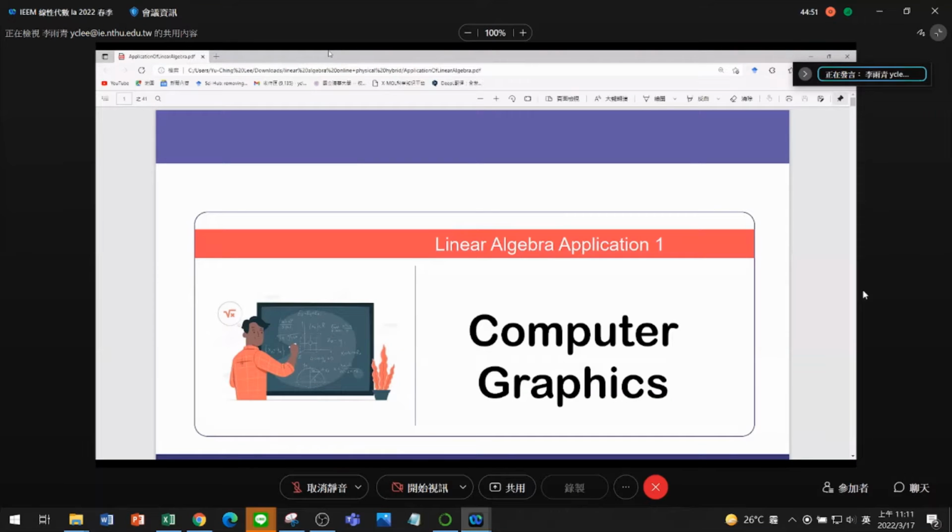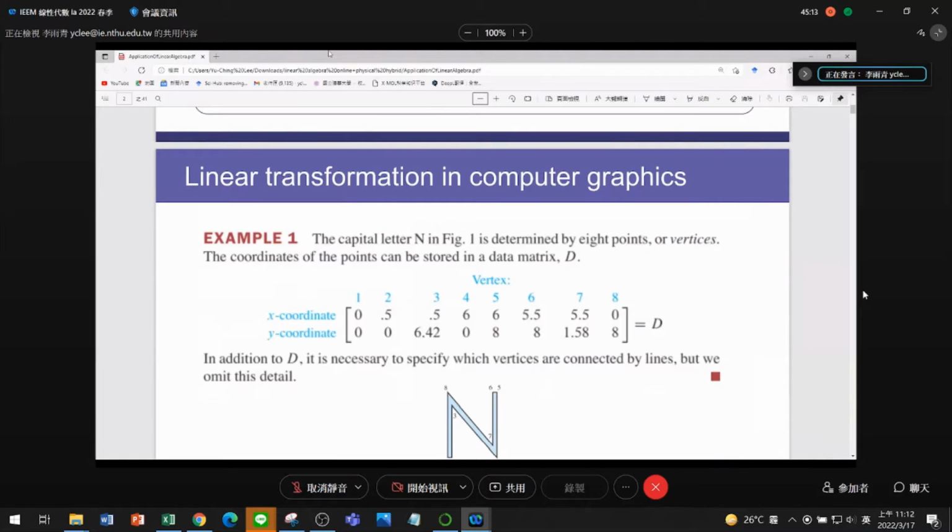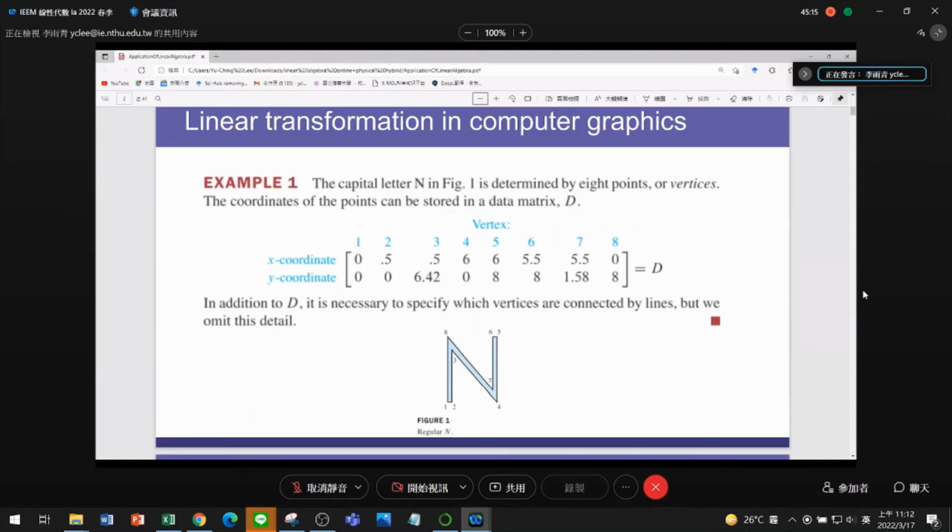那我们今天要讲一些跟线性代数有关的应用。那这个应用有分成几大类。首先，第一大类呢是所谓的 computer graphics. Today we're going to go over some application of linear algebra. The first class of application is computer graphics. So the first example is that we can actually express some graph